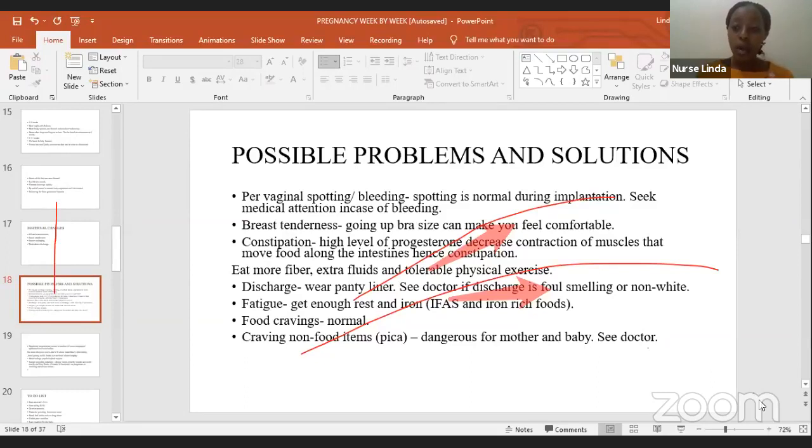Things that have whole grain, they can also get fiber from fruits. And they should also take extra fluids, extra water. They can take juices, they can take soups. That will help to soften up the food in their system, and it will prevent constipation. They can also take some physical exercises, but exercises that they can tolerate. We will not tell a pregnant woman to go to the gym and do strenuous exercises, but there are very simple exercises like walking a little bit and swimming. Some can even swim, just exercises to keep them fit.